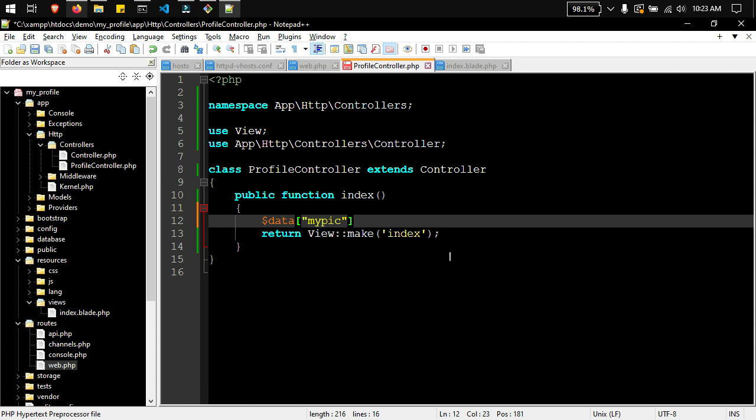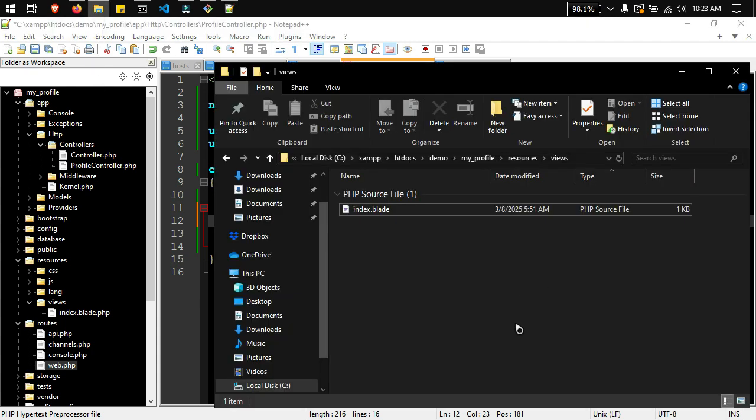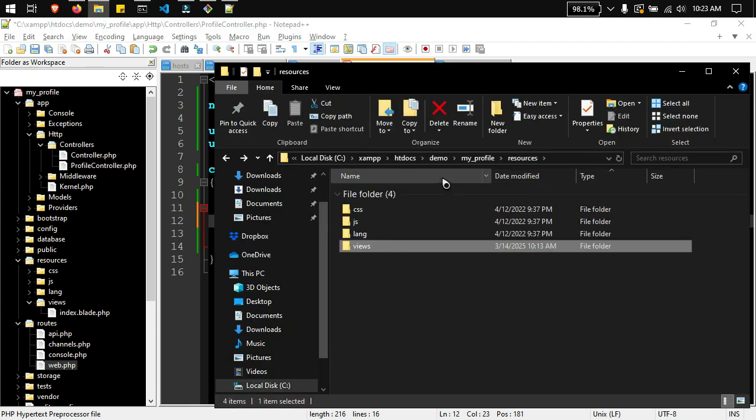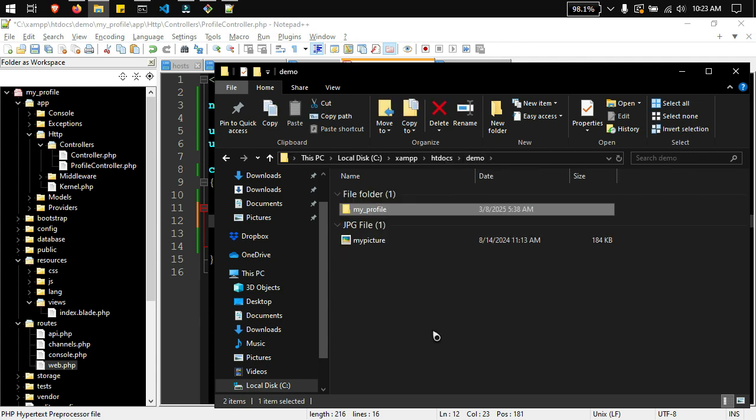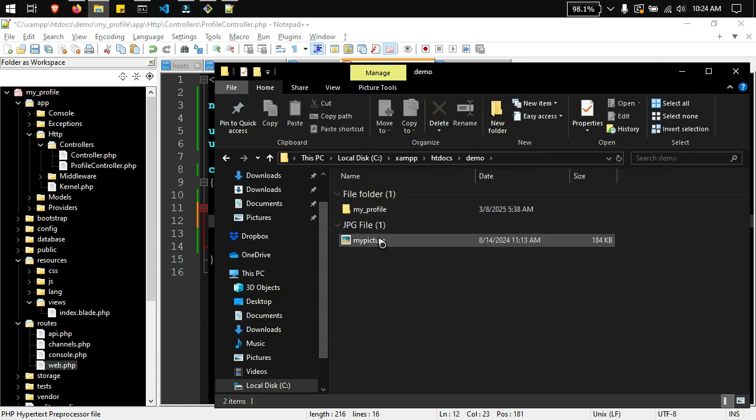What we're going to do is insert an image. In other words, I'm going to insert my profile picture in the page. So before we proceed to declare a new variable of our profile, let's locate our image first. So I already provided my image outside the project folder. So this one,